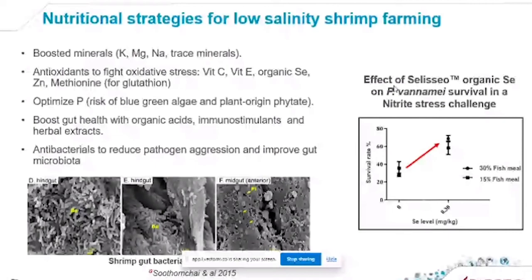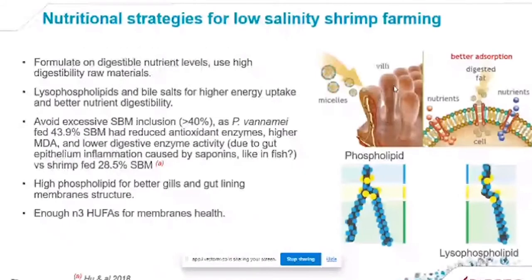Boost the gut health with organic acids, immunostimulants and herbal extracts, and try to use antibacterials to reduce the pathogen aggression and improve the gut microbiota. Nutrition strategy for low salinity shrimp farming extends further, like formulating on digestible nutrient level,